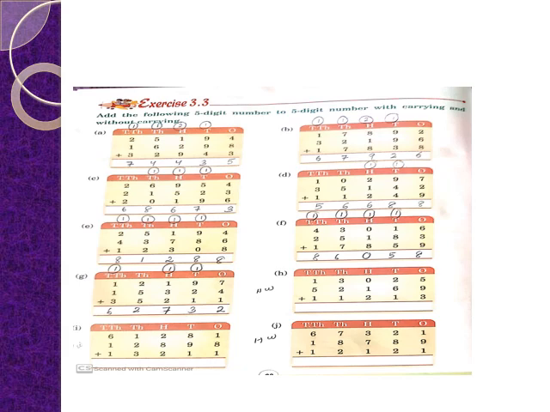Bit B, 17,892 plus 32,196 plus 17,838. So now we will come to the ones place. We are having 2 plus 6 plus 8. So that is 16. 6 carried 1. So tens place we are having 9 plus 9 plus 3 plus 1, that is 22. So 2 carried 2 to the hundred place.